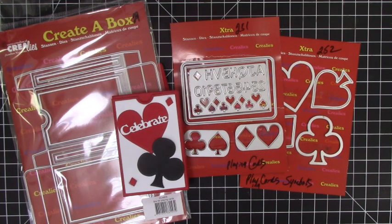My family and I love to play cards, and the new playing card dies from Crealies are perfect for upcoming